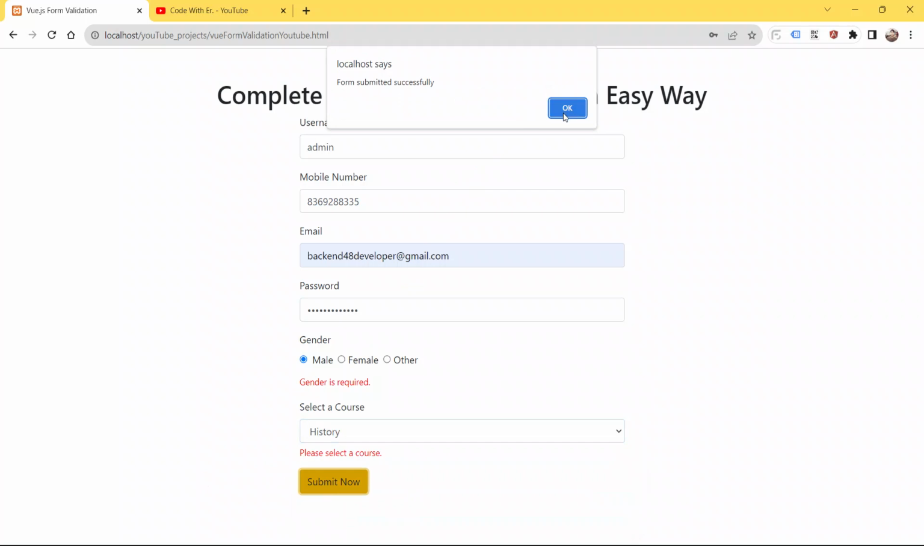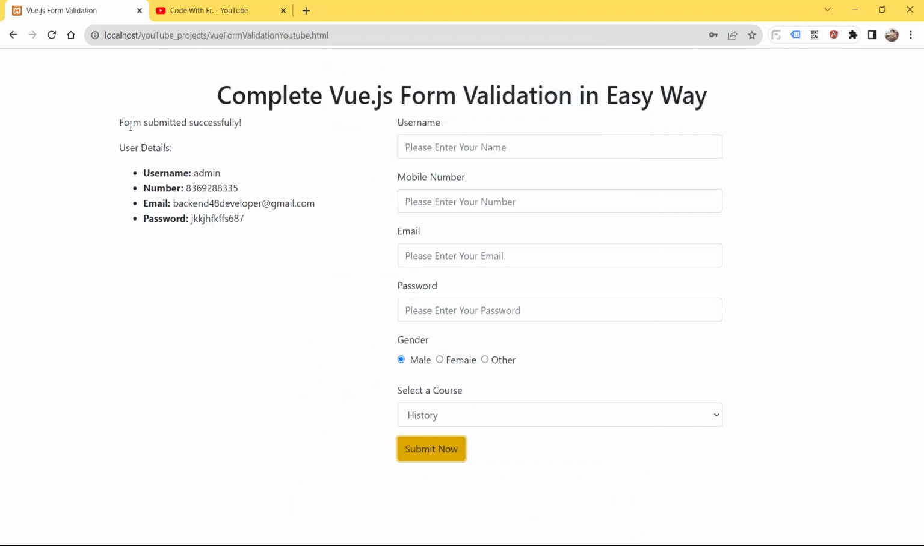Form submitted successfully. See guys, form submitted successfully, and the user details are this. Username is admin, and this is the number I have given, and this is the email I have already given into the input field of email address, and this is the password field. This is the password I have given. So guys, as you can see here, after the form submission, I have also cleared all the input fields,